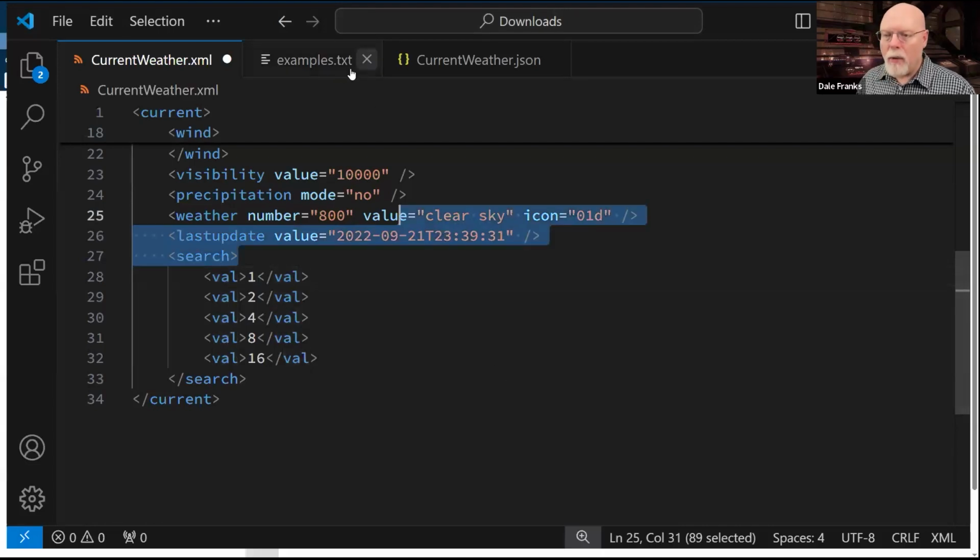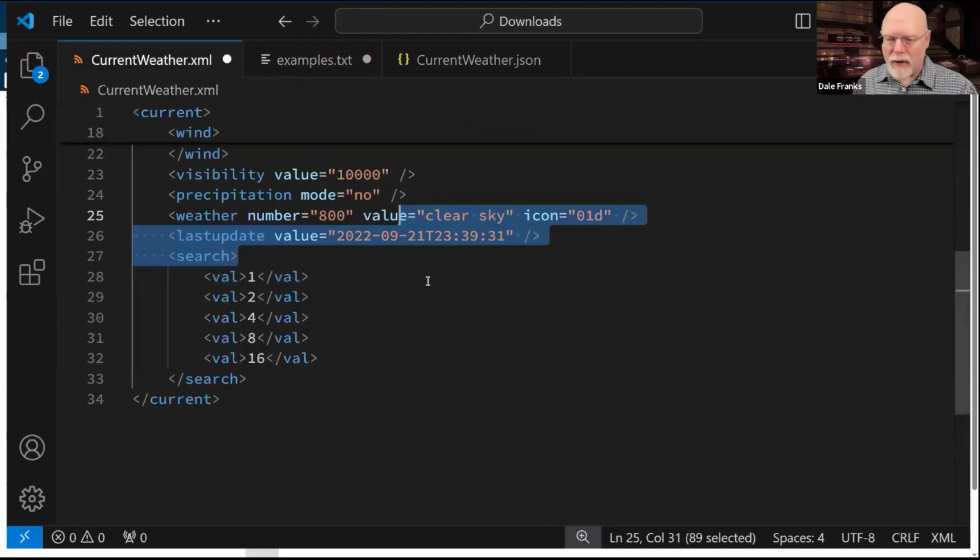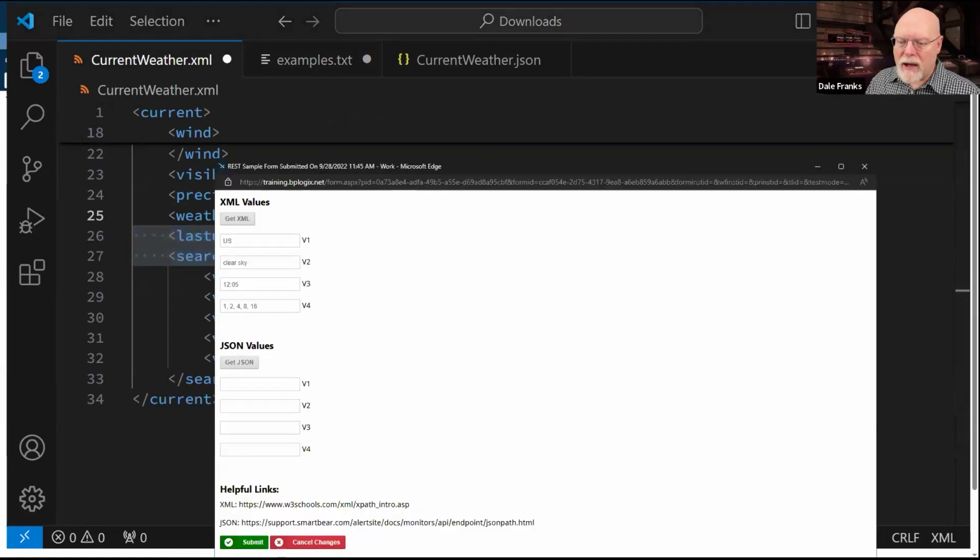I can say, okay, well, what I want you to do is search this previous array, return everything from the previous array, and return all of their time values. So XPath gives me a real convenient and easy way of grabbing my current weather. And I think with just those examples, you can see that this is a fairly powerful language for returning data. And I think just these examples will probably cover 99% of the things that you will ever need to do when parsing through XML data and returning it.